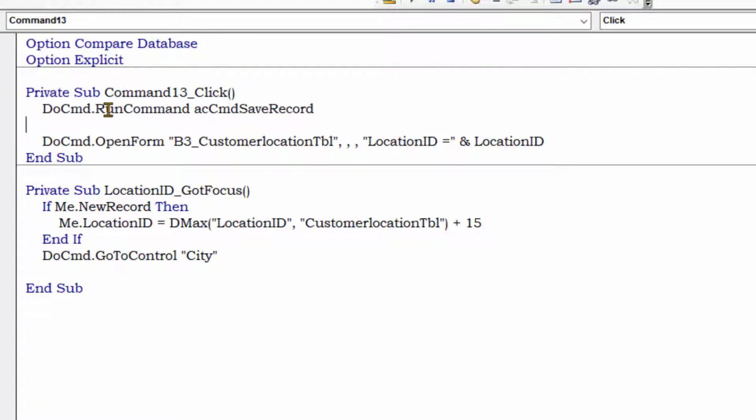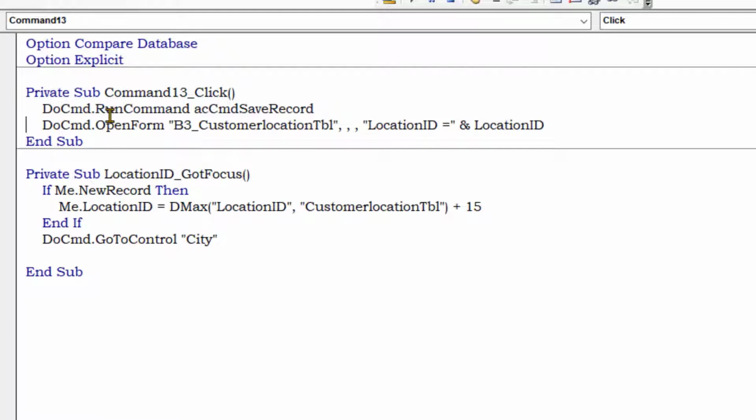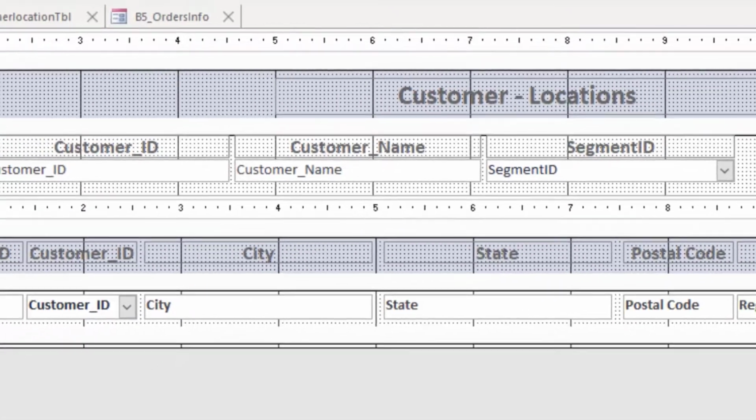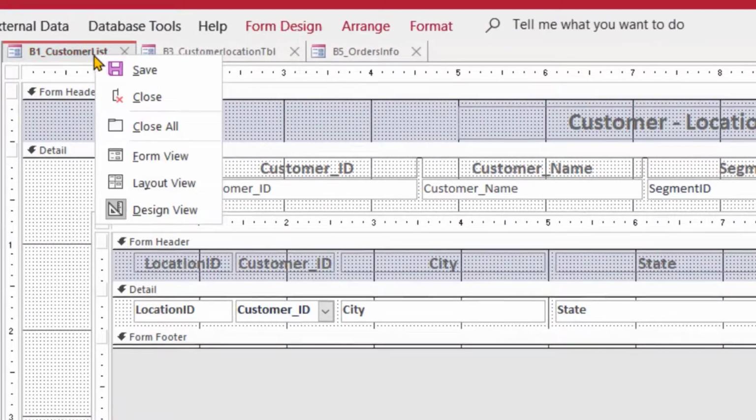So it says before you do anything, go ahead and save that record before you leave, and then we'll take care of that. So then when I come back over to Access, and we'll save it, go back to Form View,